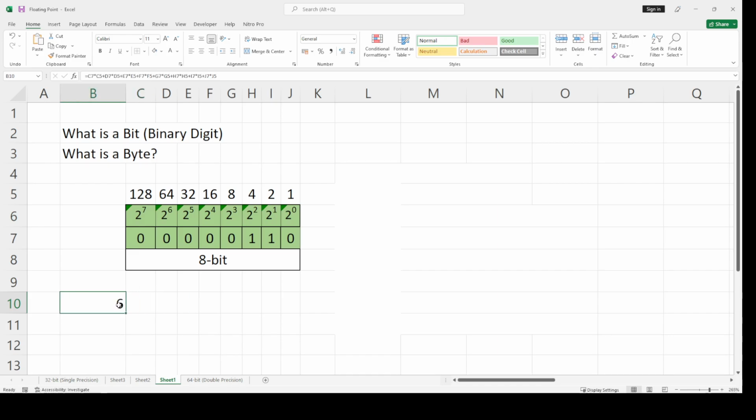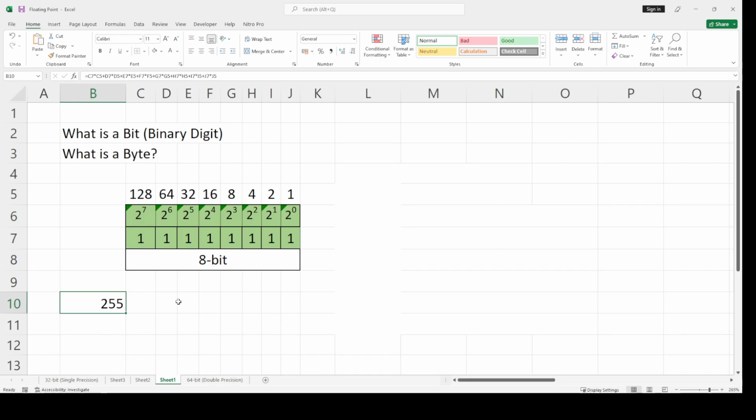And 6 in decimal value is represented by this symbol 6, but in binary digits 6 is represented by 110. So if I turn this all on, it will maximize our 8 bits or our 8 switches. So this is the maximum value that we can get in an 8-bit. That is 255.